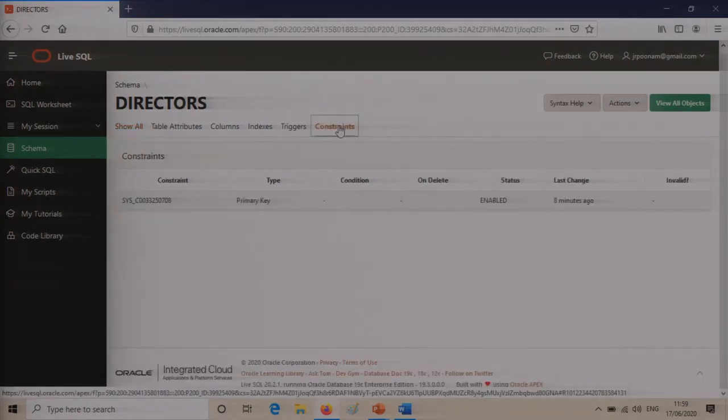So I'm clicking on constraint. You can see the primary key has been mentioned. If there is a foreign key, then that also will be mentioned at this particular place only. Or if you have given any other constraint as unique or not null, those also will be mentioned here. So we have seen them all right from the scratch. I have told you how to do it. So this is the creation of all the tables.